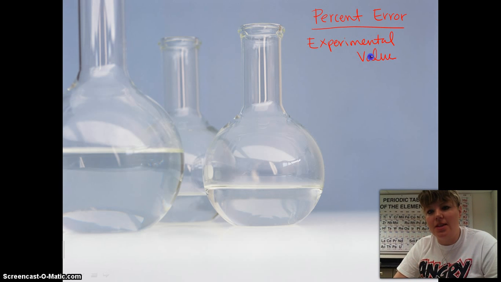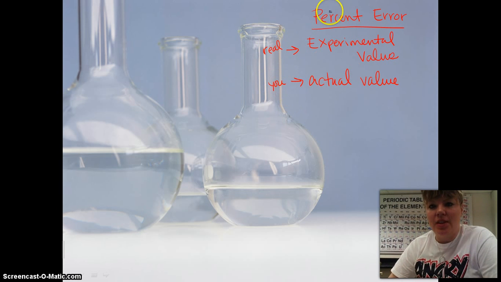Experimental value, and this value was what the actual, that's not a good word, what the real value was. So if you looked up density in a book, this was the real value, and if you were testing the density, the actual value is what you got when you did the lab. So the actual value is what you got. Okay, and what we're doing today, this percent